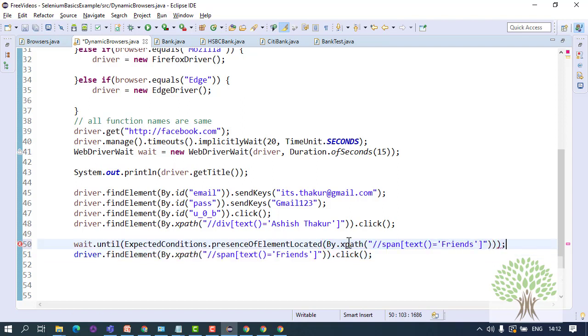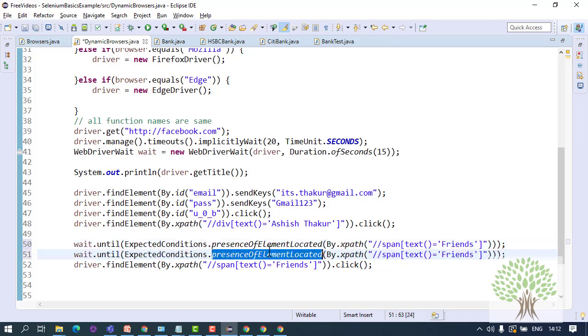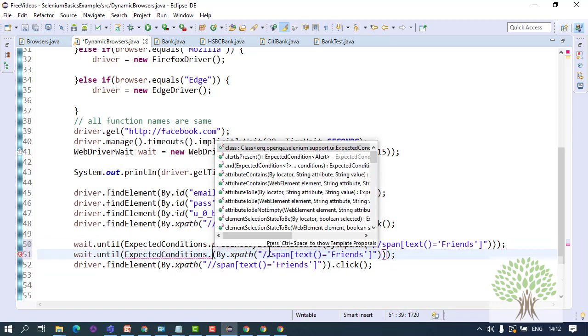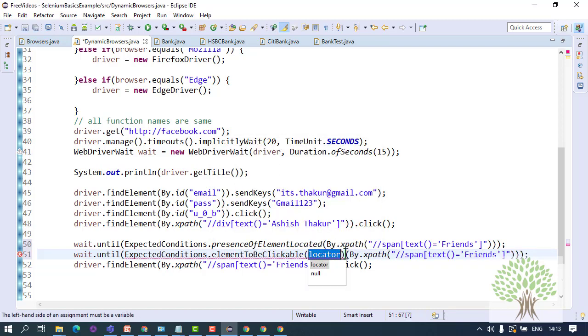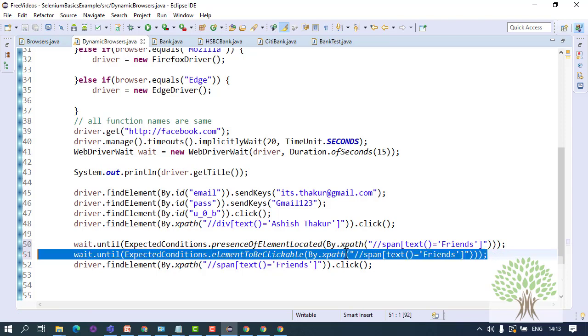Fine. Also, you can keep a condition that instead of presence, element to be clickable. Okay, so first you will check for the presence of the element, and then you will wait till the element is clickable. Fine. So when you run this code now,